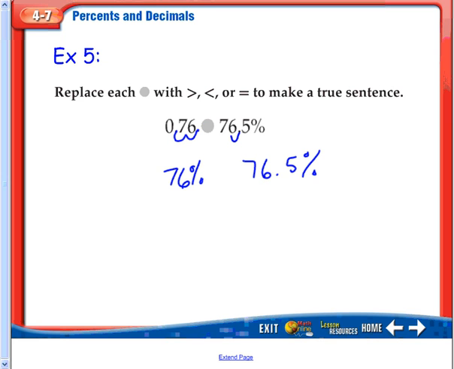If we want to make the percent a decimal, we need to divide by 100 or move the decimal 2 places to the left. In that case, we can compare 0.76 to 0.765. In either case, 76% is less than 76.5%, or 0.76 or 76 hundredths is less than 0.765 or 765